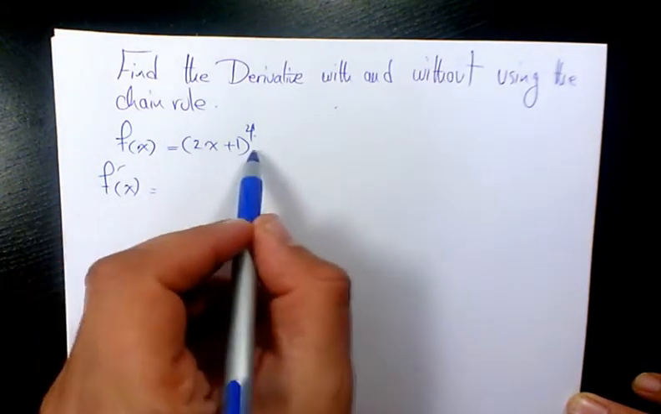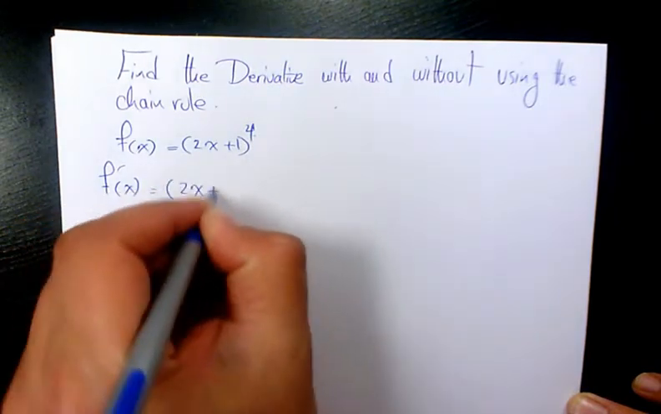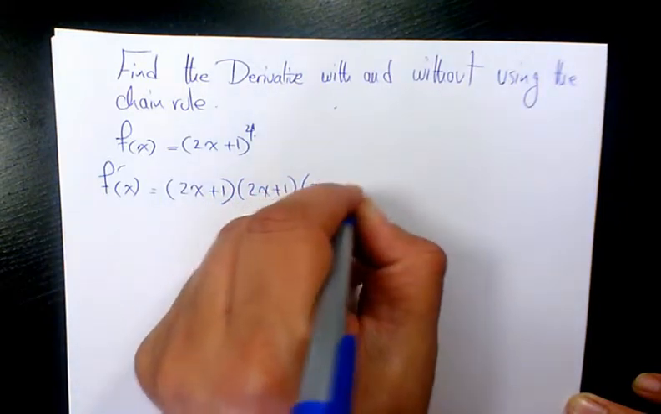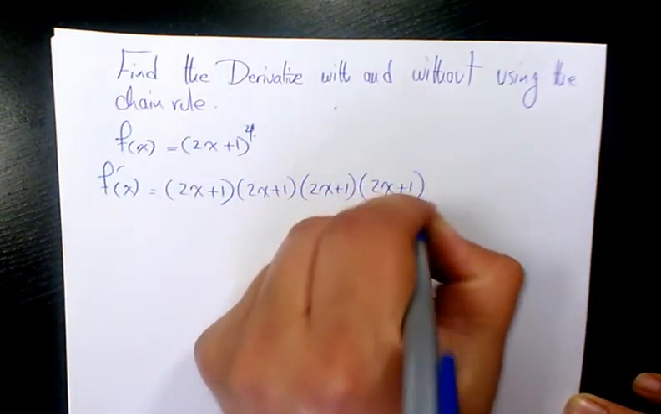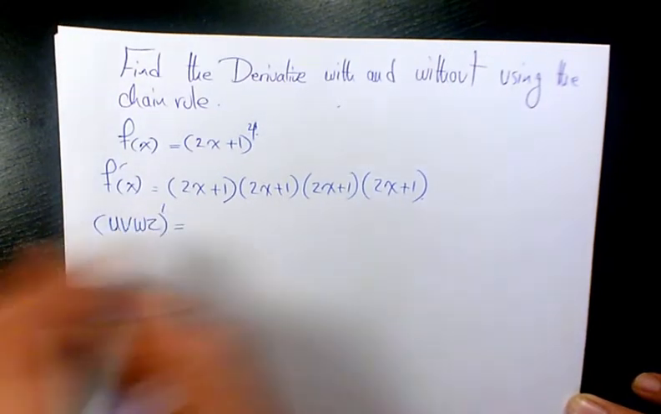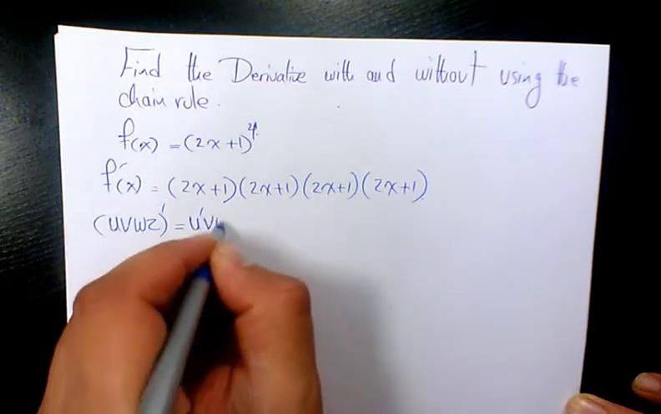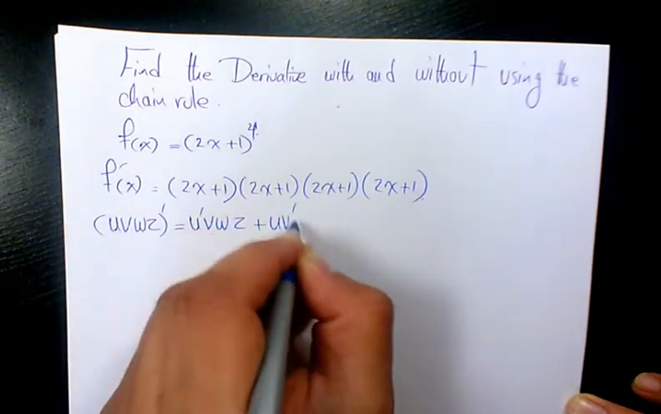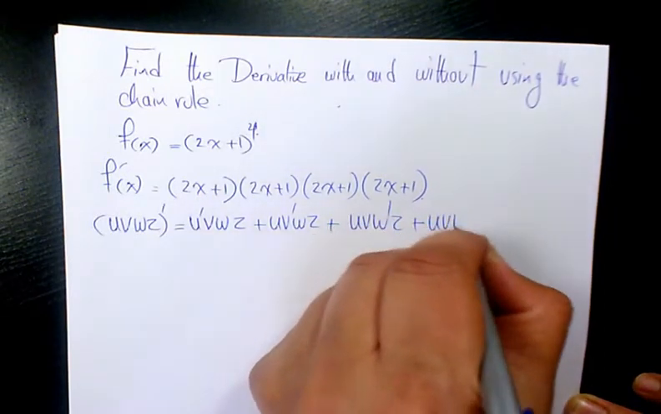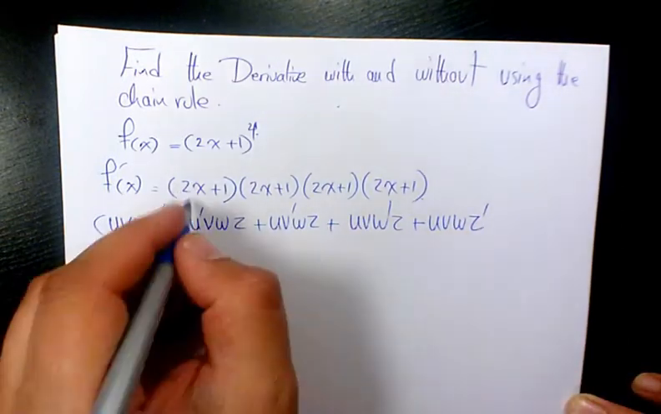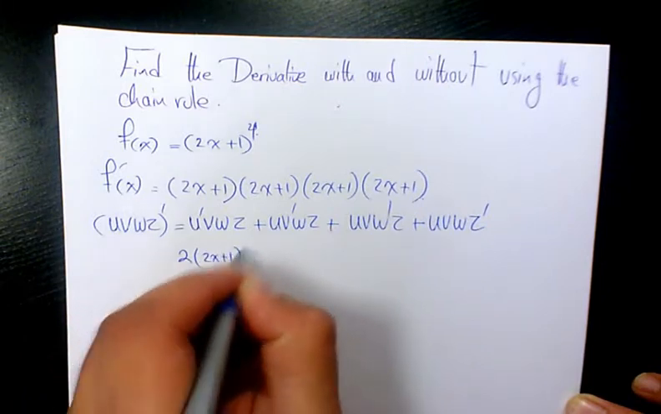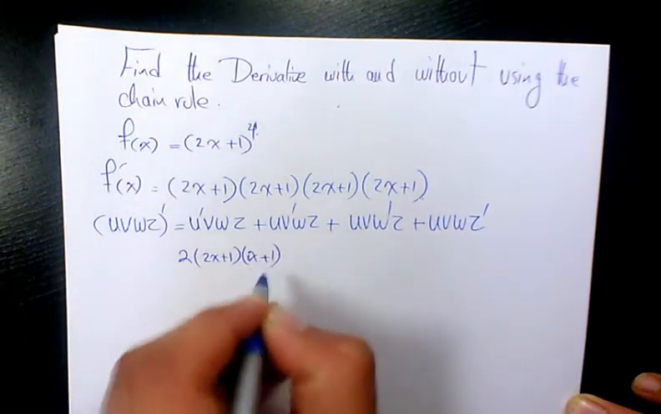So it's (2x + 1)^4, which is (2x + 1) times (2x + 1) times (2x + 1) times (2x + 1). When we have u, v, w, z, the derivative is going to be u' v w z + u v' w z + u v w' z + u v w z'. So the derivative of 2x + 1 is 2 times (2x + 1) times (2x + 1) times (2x + 1)